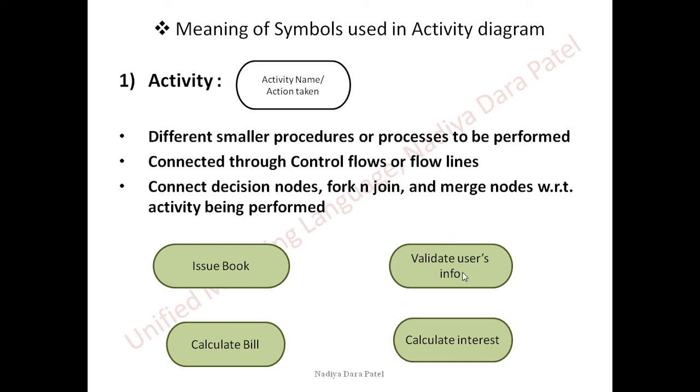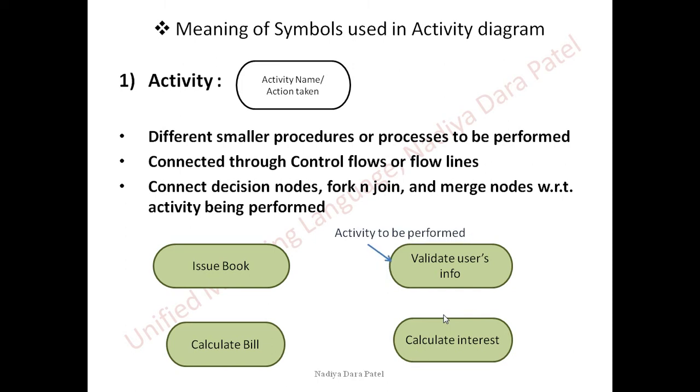Validate user's information is going to take the information first. It is going to validate it with respect to the conditions, whatever the conditions of the text boxes and the databases are. Calculating bill is altogether a calculation kind of process, so it is again one activity. Calculating interest again involves a formula, giving some days, percentages, etc. So again a smaller calculation is involved. So these are all activities, and you can find them very easily.